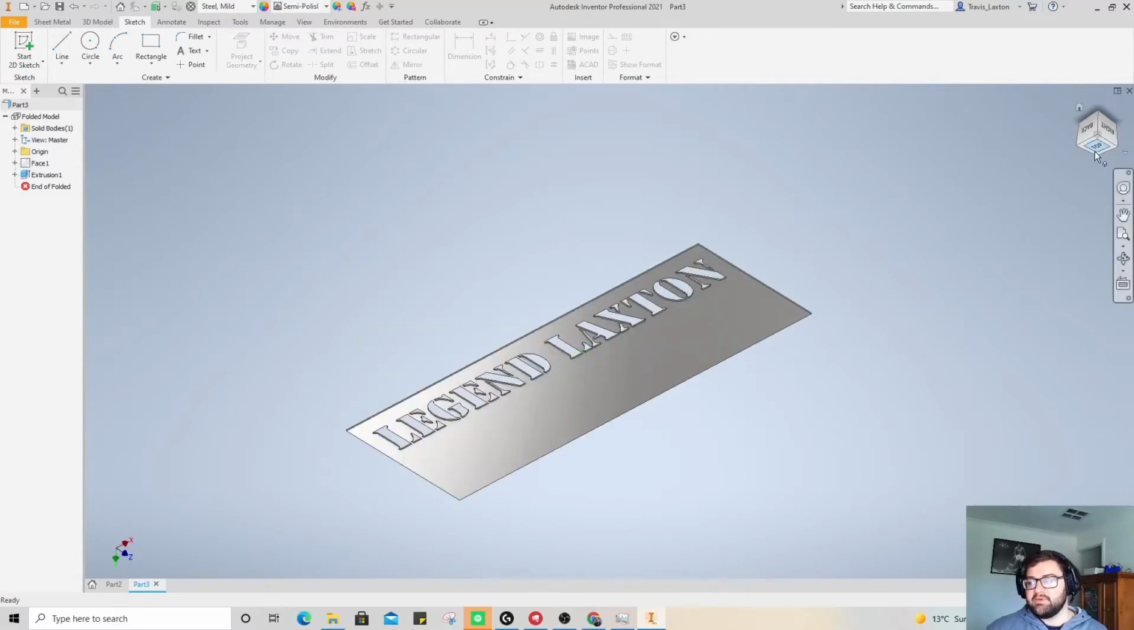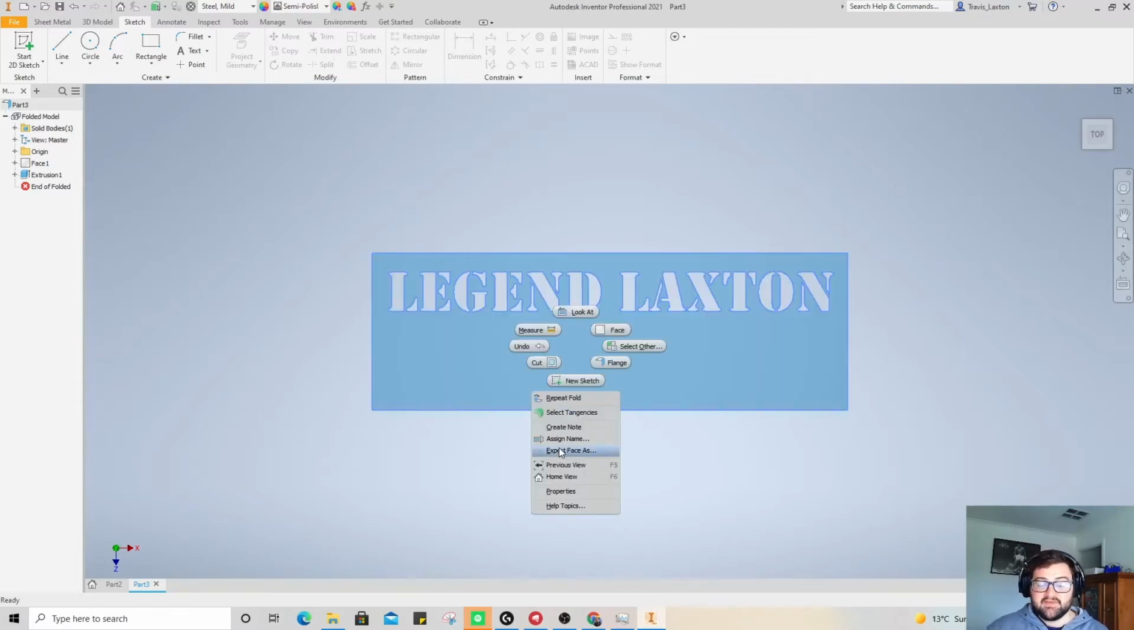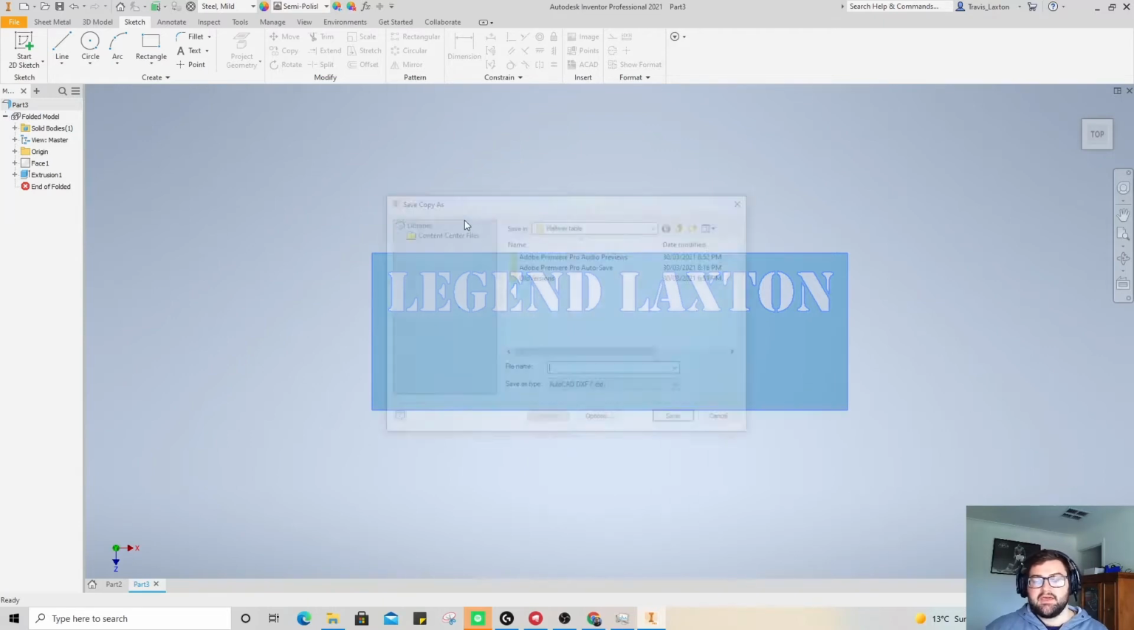That's probably one of the best parts about using this as a program. There's probably a way to unfold that without me deleting that, but I don't know that just yet. I'm at the start of my sheet metal learning journey with this. I need to right click on this because I'm going to take this to the CNC plasma cutter, export face